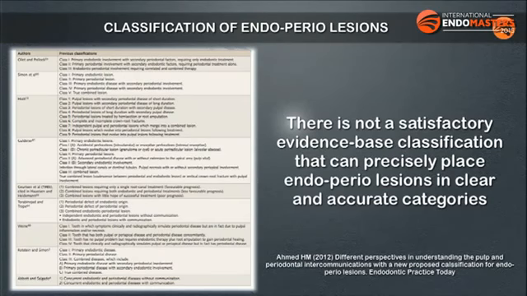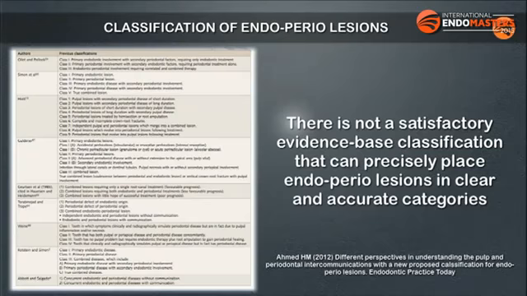Wayne proposed a classification based on treatment needs rather than on the diagnosis of the problem. This classification is not useful since the disease should be diagnosed before considering a treatment approach. Guldener classification is based on both the cause of the disease and the treatment needs. It is a complex classification that involves problems and conditions such as groove, resorption, perforation, root fractures. These problems can involve the pulp and the periodontal tissues, but they are not strictly combined or concurrent endodontic and